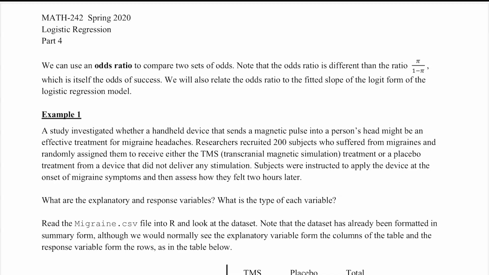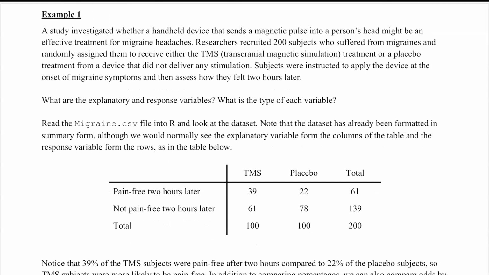It does ask you to keep in mind here that the odds already are a ratio. So the odds ratio is a ratio of two different sets of odds, as opposed to the ratio that is the odds. All right, so the first example here is about a study involving migraines and whether this